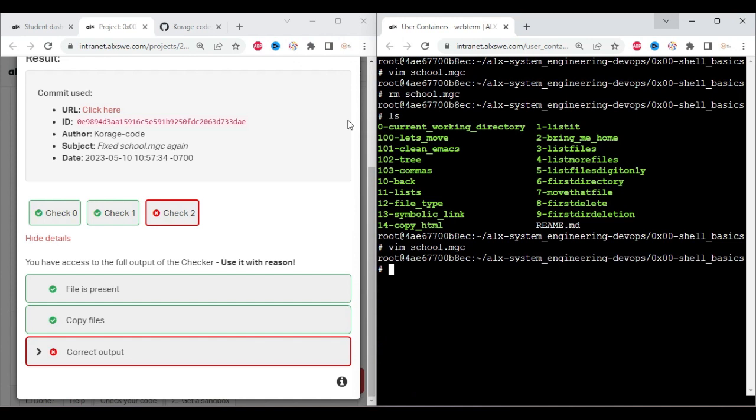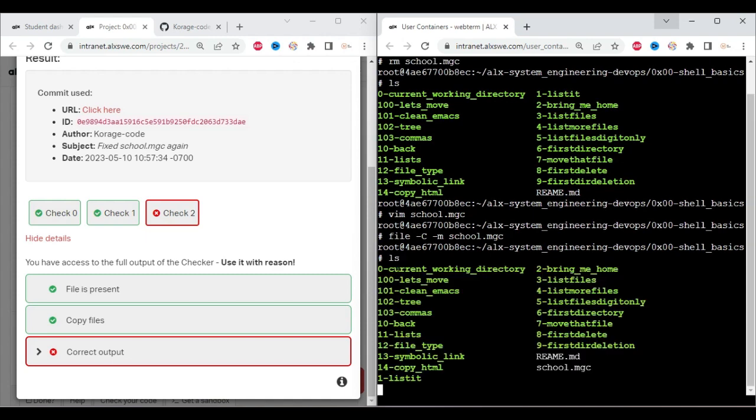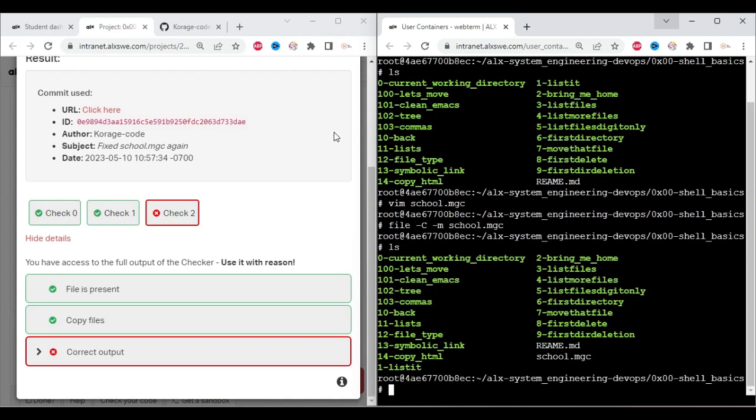And according to ALX, we are supposed to run a command, which is, where is it? Yes, this one. And okay, ls. Now